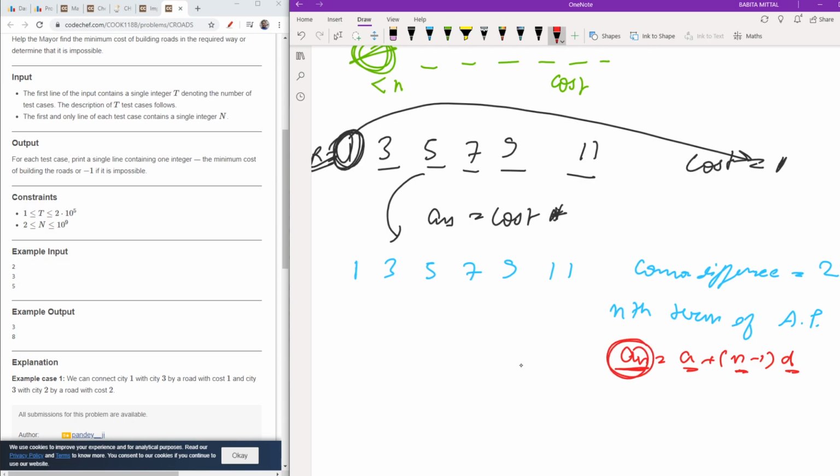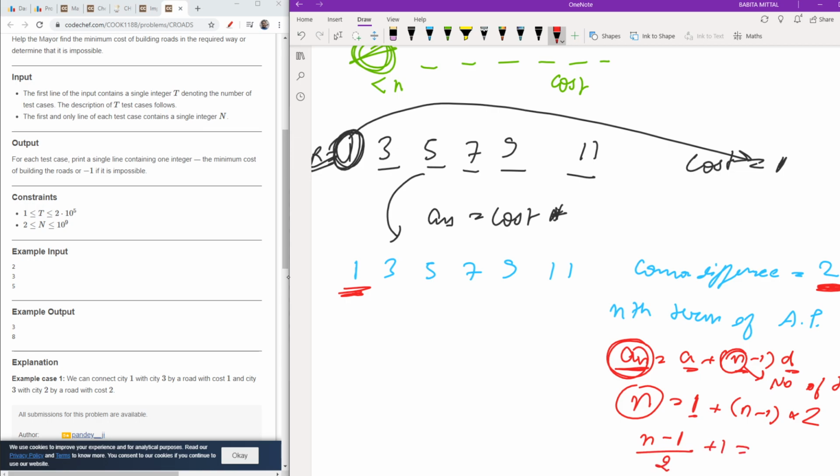So if my nth term, if I let that it is n or it is less than n, I can obtain my number of terms, n. Here n is stated in the question, and n is the number of terms. The first term is 1, as it is stated here. So n minus 1 I need to find out, and d as I have here is 2. I will show you. So it will be (n minus 1) upon 2 plus 1, which is the number of terms.